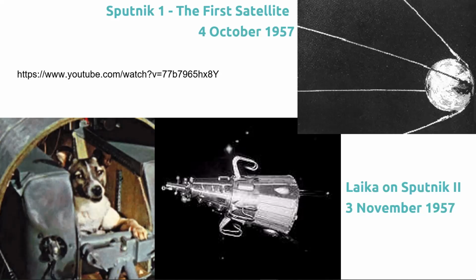Then we get to the Cold War. And so during the Cold War, the US and the Soviet Union were in a constant battle to one-up each other technologically. So in 1957, the Soviet Union launched the first satellite in space, which is Sputnik 1. And Sputnik 1 was just a really, really simple satellite that all it did was take images from space. And then a few months later, they also launched the first living creature into space, which was this dog right here named